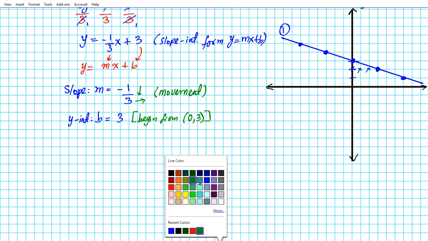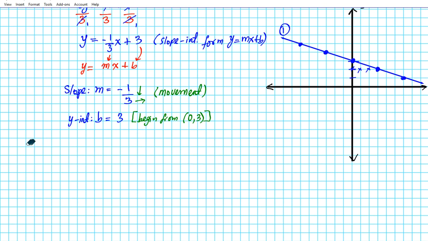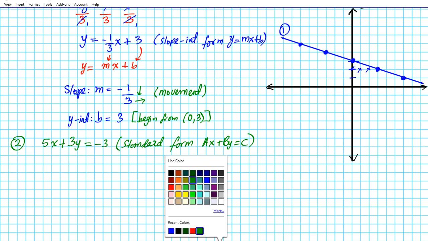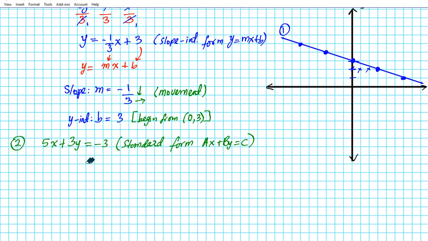So the second line is presented in standard form also. So equation 2 is 5x plus 3y equals negative 3. So we're going to place this in slope-intercept form and then graph. Alright, the form that we're given, this is the standard form. The standard form is ax plus by equals c. Okay, now to get this in slope-intercept form, we're going to subtract 5x from both sides and divide by 3. Alright, so subtract 5x from both sides,